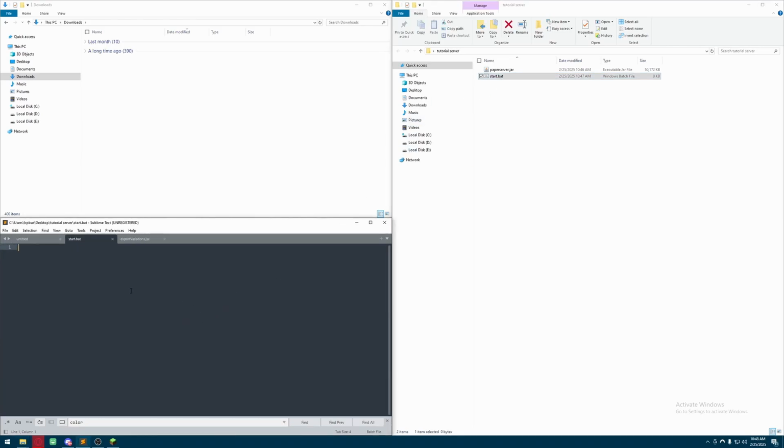I'm going to enter this. This is a Java file, so we're running it in Java, and with the argument of Xmx6G. This argument says run the server using 6 GB of RAM. You can figure out how much you're able to allocate on your own. This is a jar, and the jar's name is paperserver.jar, and then we want to run this with no GUI. And go ahead and save that